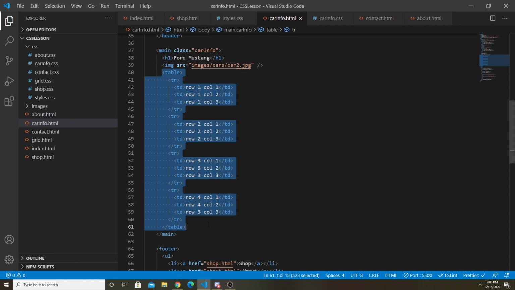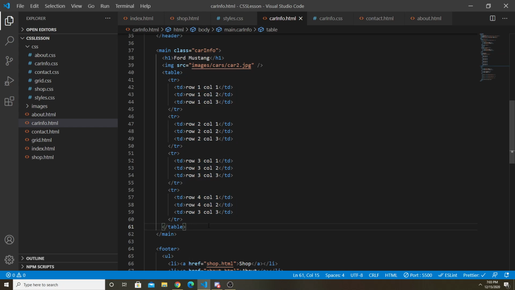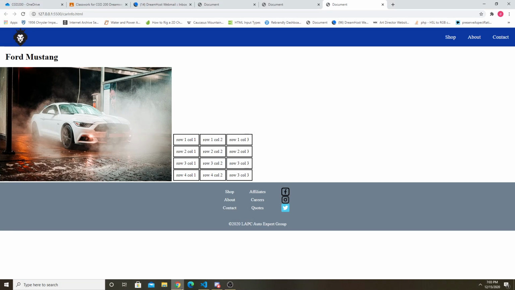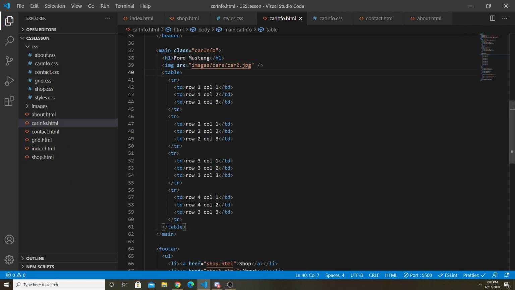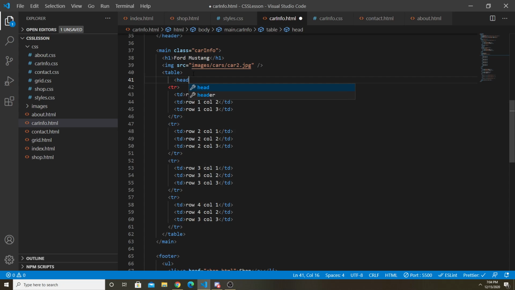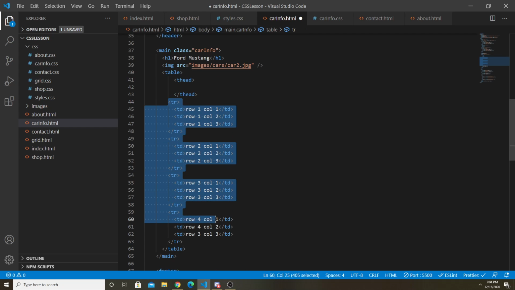Also, another thing about the tables is it might be easier to export to like an Excel sheet or something, or to import the data if it's just a table. So there are reasons why you might want to use a table, but anyway, so tables, they have a few special tags that you can use. Like for example, you can add a table head. T head. If you wanted to like organize it like this, and